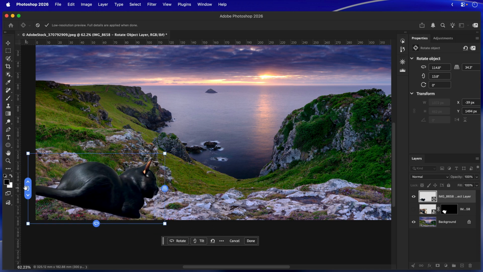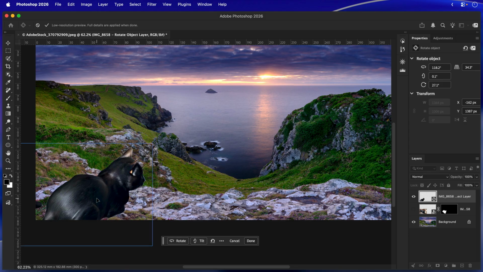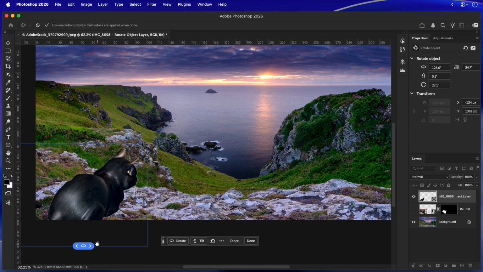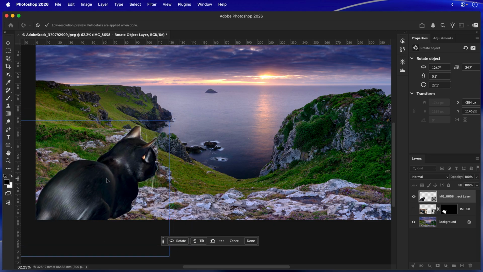But yeah, let's go ahead and rotate this in a way that's going to make sense. And we can move it around. Again, adjust this aspect here. And just get it right enough that we're like, okay, now it looks like Leo is looking over